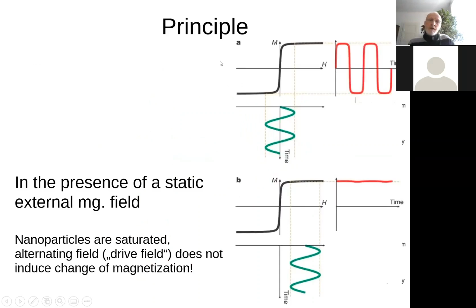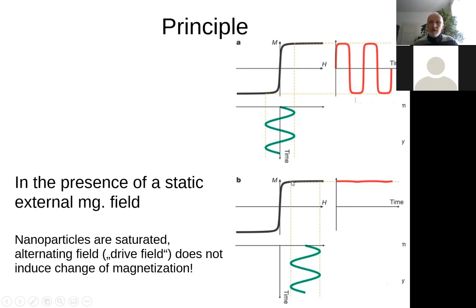So, if there's no other magnetic field, we have only the drive field, we can induce change of magnetization like this. But if there's a static external magnetic field, which saturates the nanoparticles, so there's already maximum magnetization, and we switch on the alternating drive field, then we see no signal from magnetization because the particles are already saturated and we are moving back and forth in this part